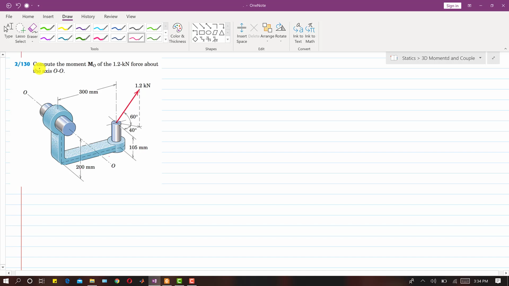Now I am going to solve this problem 130. In this problem it is said that compute the moment MO of the 1.2 kN force about the axis OO dash. So this is the OO dash axis given, and we are required to find the moment of this 1.2 kN force about this OO dash axis, and this force is making 60 degrees